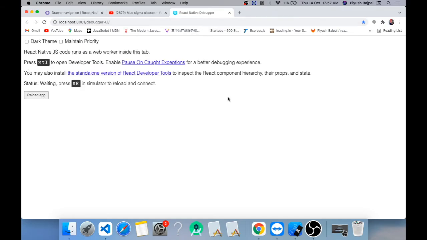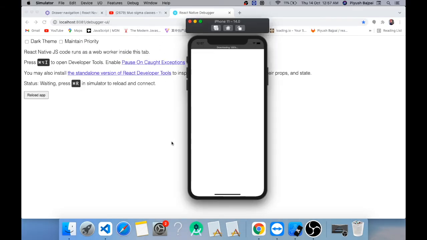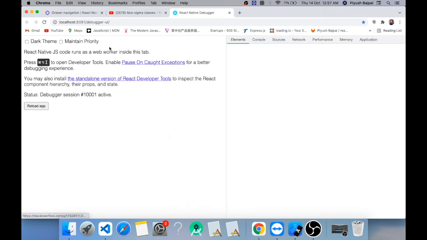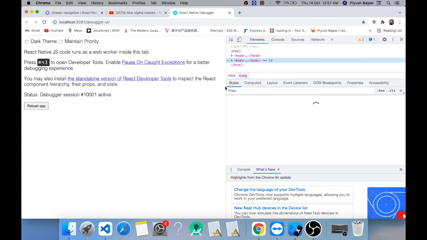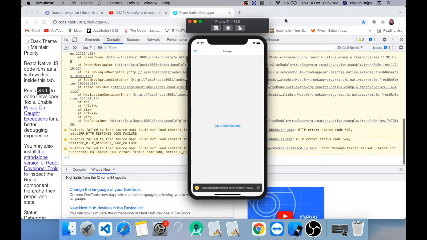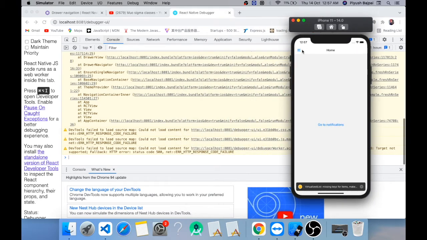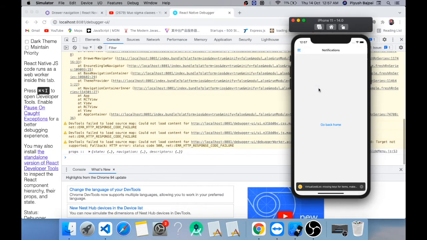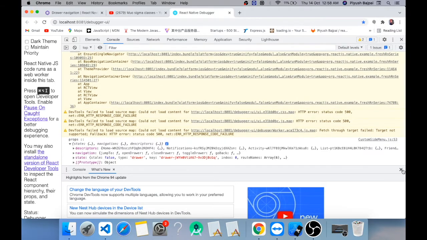If you are facing any issue related to this, you can just ping me down, you can put a comment. I will try to respond to those, or I will create a separate video on that. So just inspect this and go to the console one, and if you click on any item, it will give you the props. So here you can see we got these props.